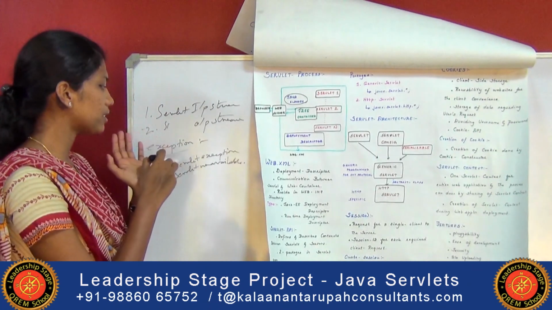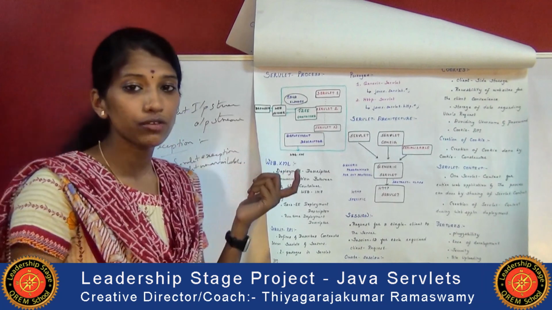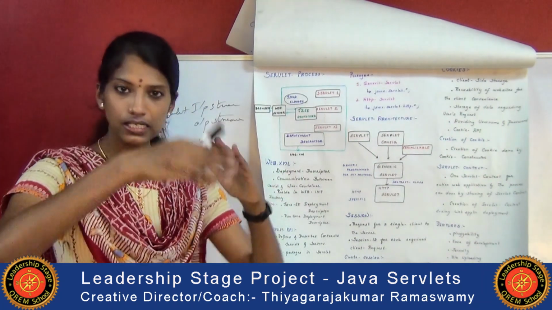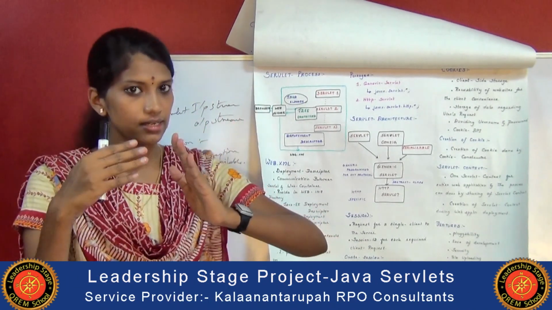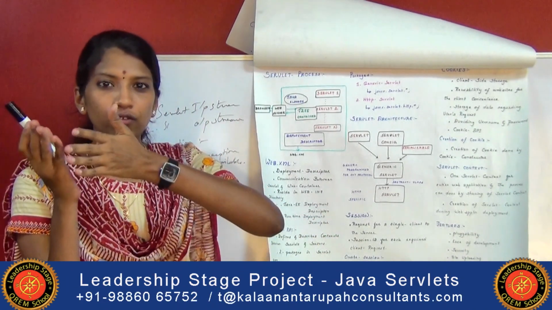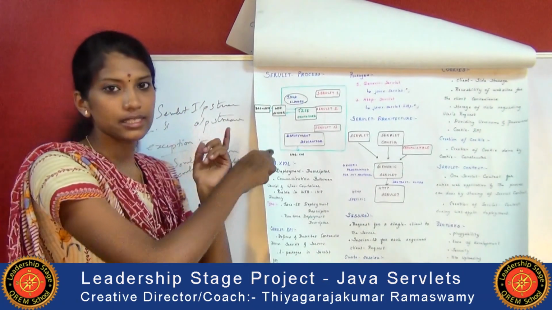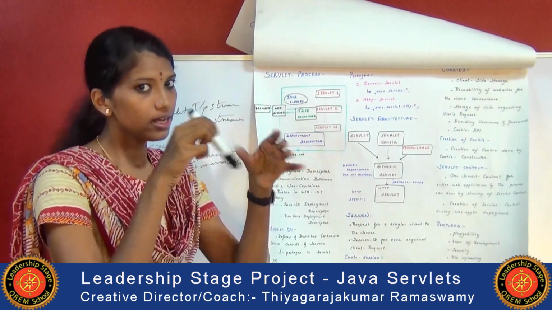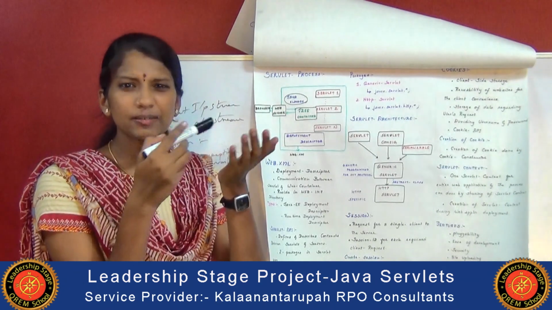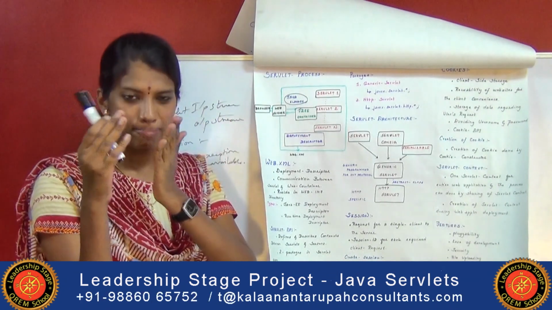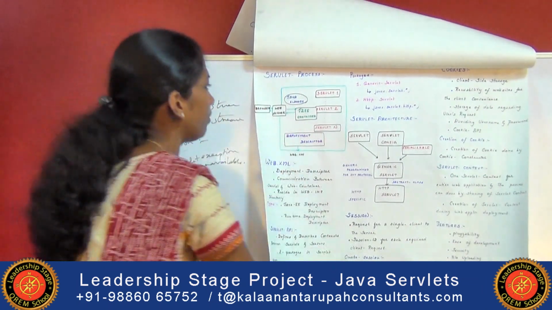Then we have two types of exception. One is servlet exception and the next one is servlet unavailable. Servlet exception will be thrown when the client and server communication is accessed and there is a failure of generating the dynamic response. That means the failure of generating the servlet. At that time, the servlet exception will be implemented. Servlet unavailable will be implemented when there is no matching servlet small module of program to the client request. At that time, the servlet unavailable exception will be implemented.